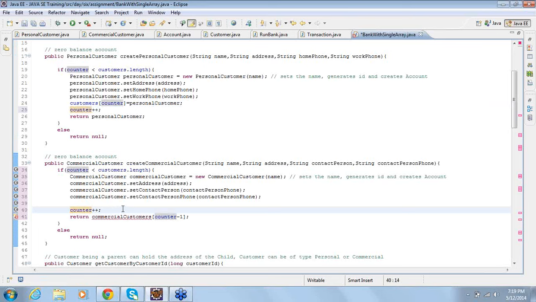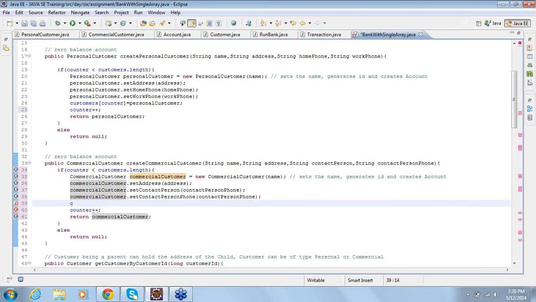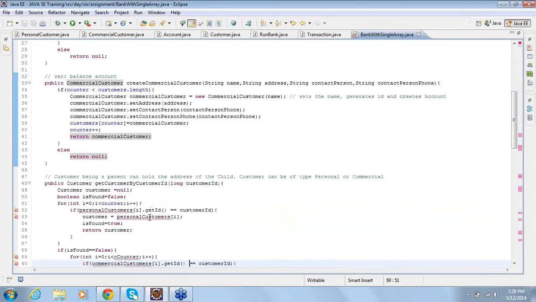But before we increment the counter, we should store him into the array. That's it. It's done.